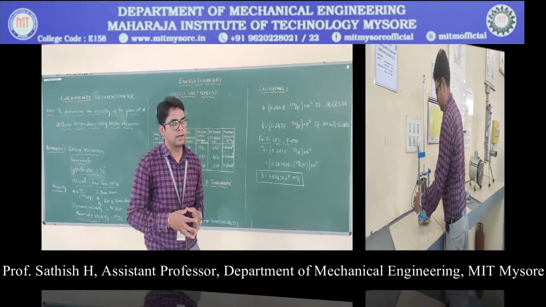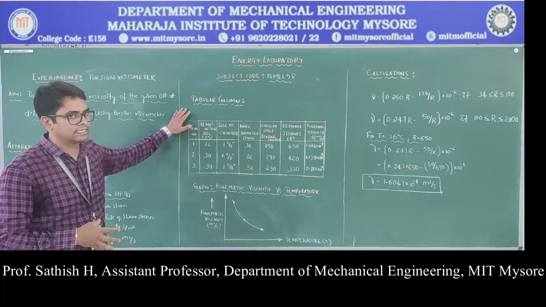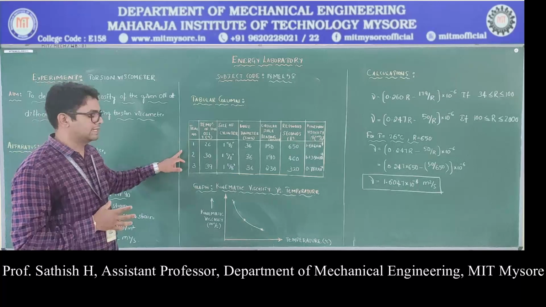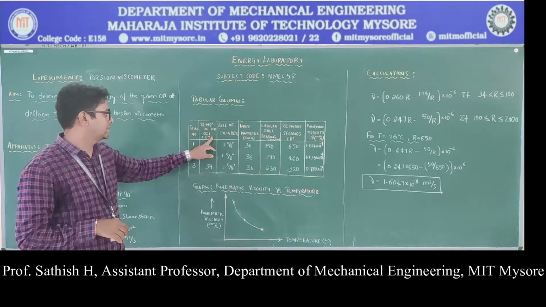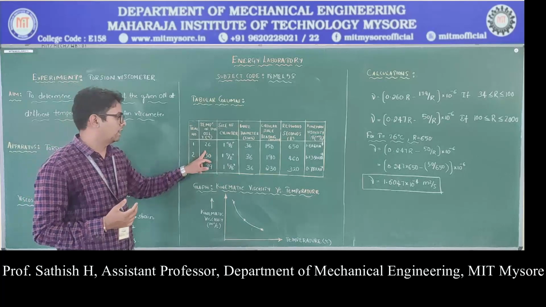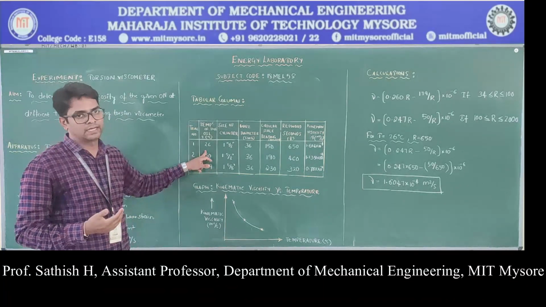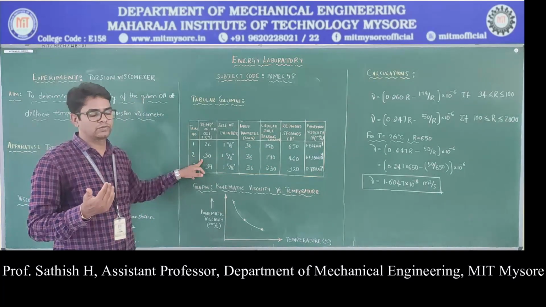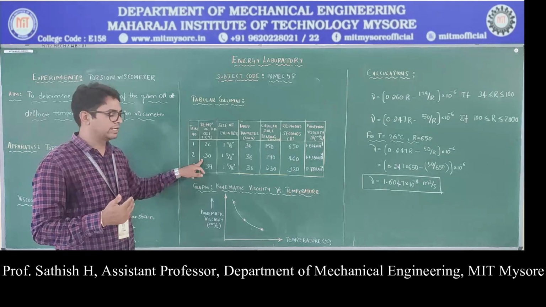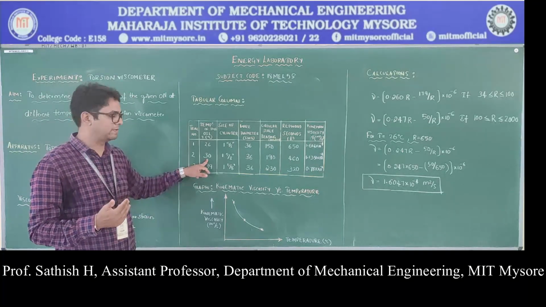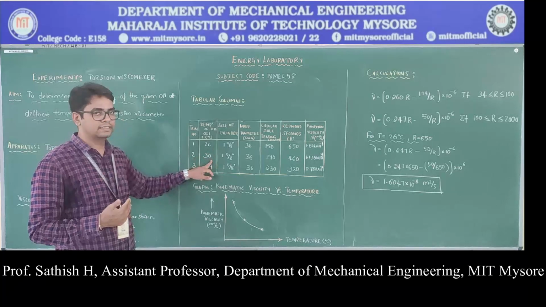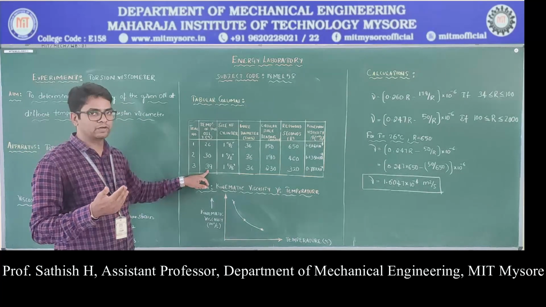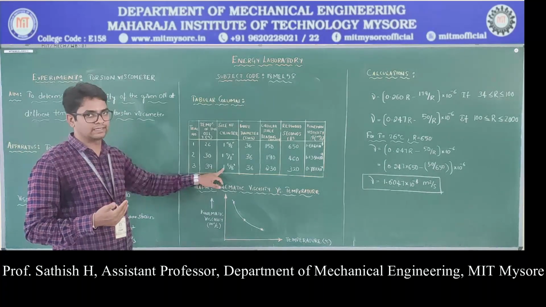Coming to the tabular column, these are the tabulated values from the experiment. We have taken 3 trials, and this is the temperature of the oil. For example, at room temperature, 26 degrees centigrade, we have taken the tabulated values. Then we heat up the oil to find out its viscosity. We heat up and measure the temperature with the help of a thermometer. It is about 30 degrees, 4 degrees more than the first trial. Then again we heat up for the third trial, that is 39 degrees. We are taking the readings.